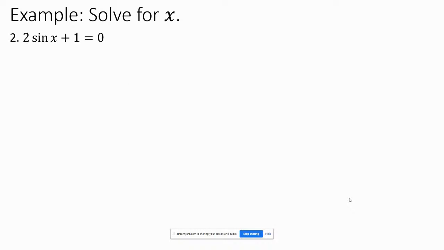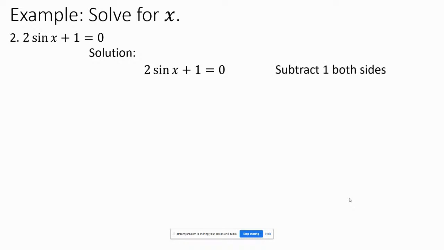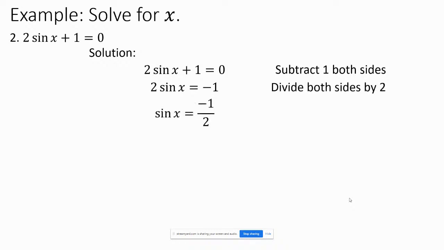You have here 2 sine x plus 1 is equal to 0. Okay, so how do we do that? We manipulate the left side and the right side by subtracting 1 from both sides, and that will give you 2 sine x equals negative 1. Tama po? 0 minus 1 is negative 1. And then dividing both sides by 2 will give you sine x equal to